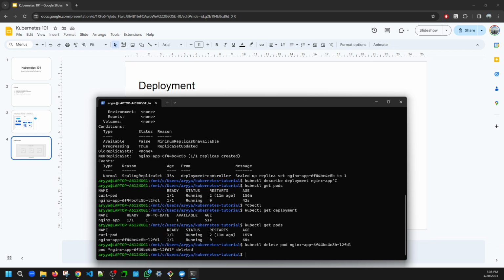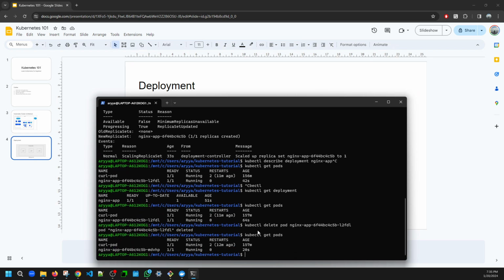the pod is deleted. What we can expect is, in the previous studies, since we were creating the Nginx pod directly only as a pod, not as a deployment, the pod is gone. It is terminated completely and it's lost. But the thing is,